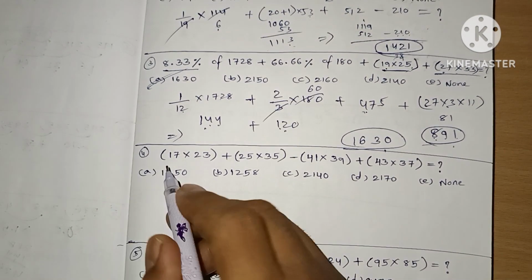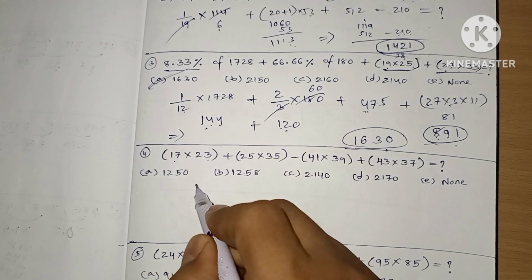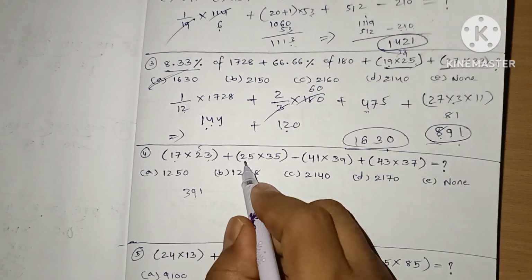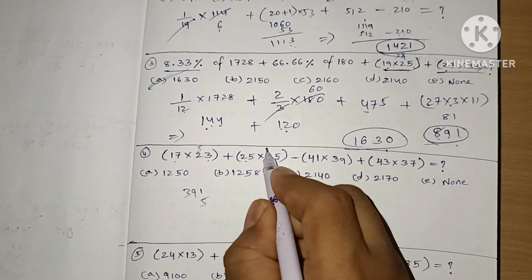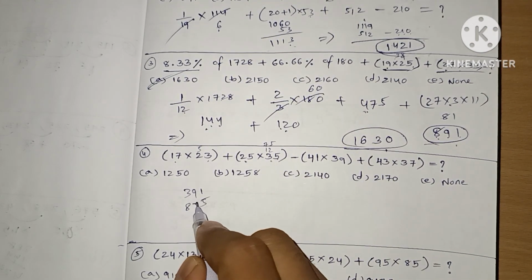Next, fourth one. Here we need to know the 17 table. 17 3 times is 51, 17 2 times is 34, and 391, plus 25 5 times will be 125, 25 3 times is 75. We get 875,